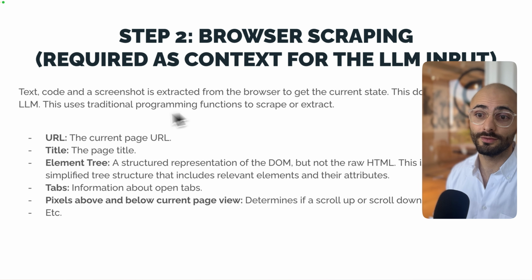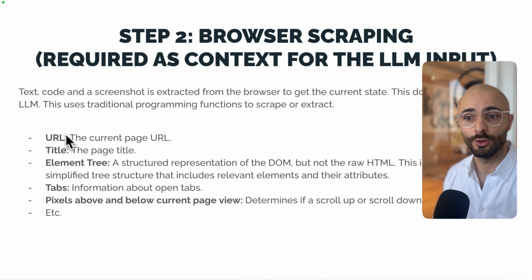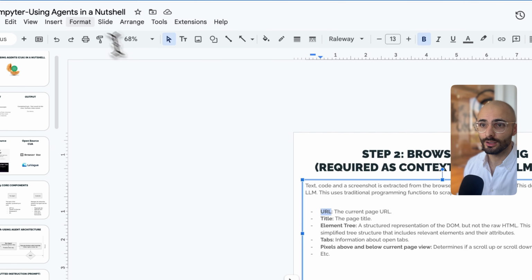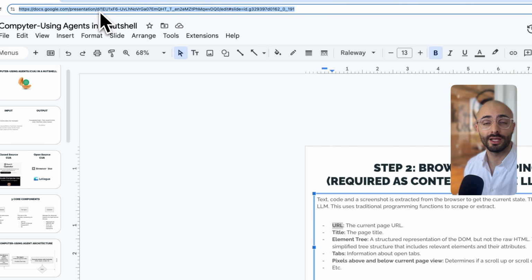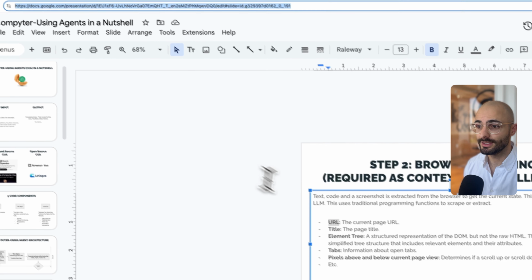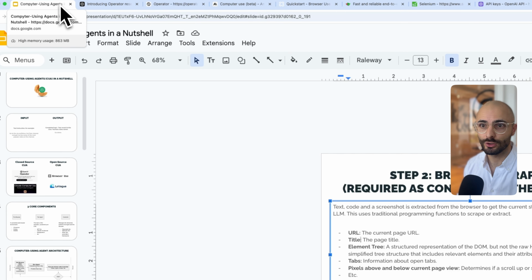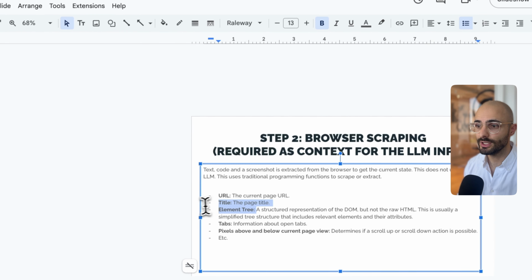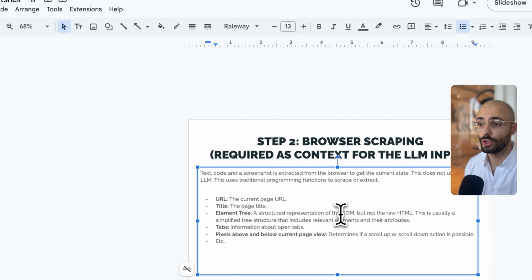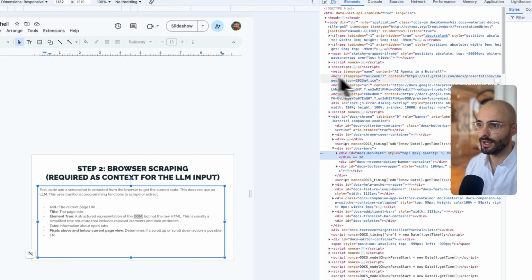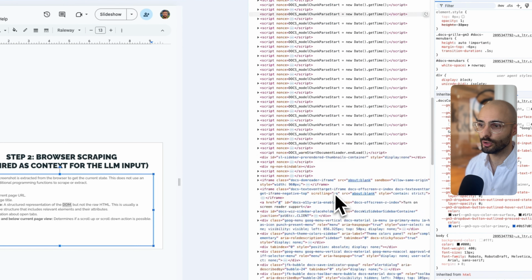All right, so the stuff it scrapes is usually the URL, the title on the page, the element tree, the tabs, and the pixels. Just to elaborate on each of these, the URL is the URL of the current web page that's currently open in the browser. The title is the page title. So if you hover on the tab, you'll see the name is Computer Using Agents in a nutshell. All right, then we have the element tree. This is a structured representation of the document object model. So if you right click on the page and click inspect, all this code is basically the document object model,